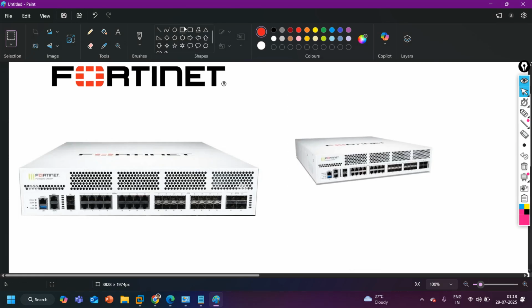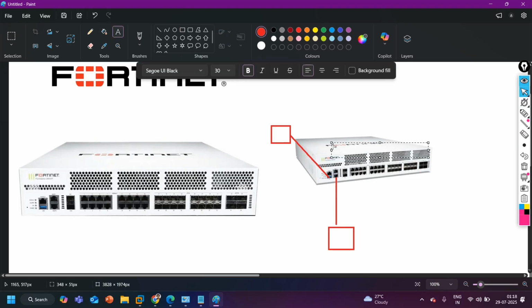It is not visible clearly, but these are the LAN and WAN port, and this is my management port, right? So here I can connect my laptop for GUI access. Okay, and here is your console port, so you can connect your laptop to the console port for CLI access. And by default the IP on the management interface is